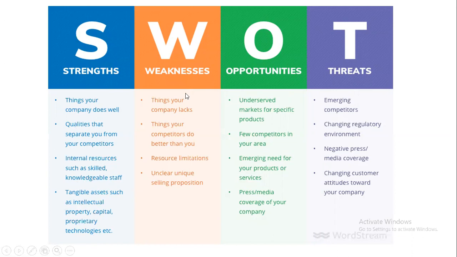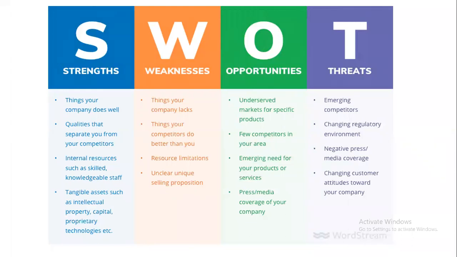Then the weakness. Okay, so where we are lacking, what we need to do more than the competitors. For example, in the same area, I am doing IoT projects, my company is a startup company and I'm going to do IoT projects. Like that, we have many other startup companies. So we need to analyze in what position we are going to stand among all the companies while getting the projects, in all the aspects.